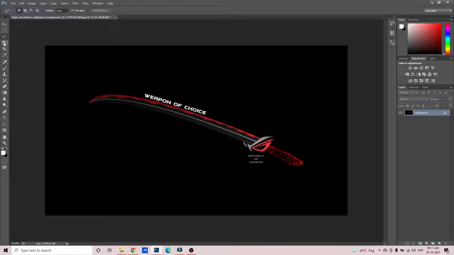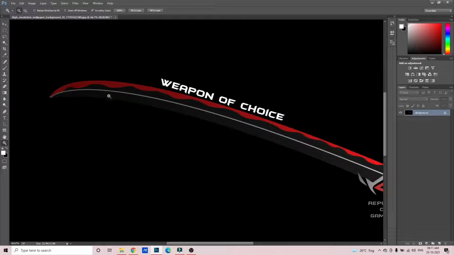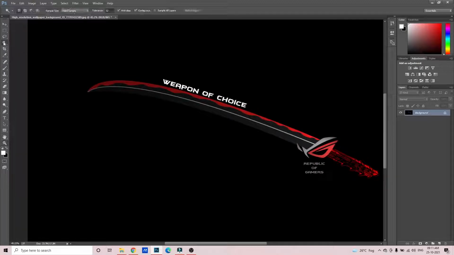This one. If we select this, what is happening here? Say this part of the sword, everything is in red color. So if I just zoom it a little bit, if I take the magic wand tool and click anywhere in the red color, see all the similar colors will be selected. See, only the similar colors. If I click over here, see the similar red colors will be selected. Here also, say this one is there. If I click over here, the similar colors are getting selected. So this is the magic wand tool.